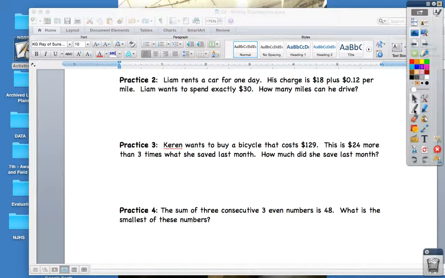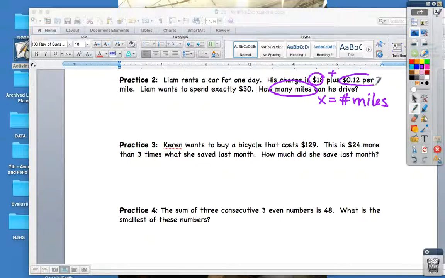Liam rents a car for just one day. His charge is $18. No matter how many miles he goes, his charge is $18, plus 12 cents a mile, but he wants to spend exactly $30. How many miles? So that's my variable, the number of miles. Usually you're going to find that in the question, in the middle or at the end of the word problem. Okay, his charge is $18